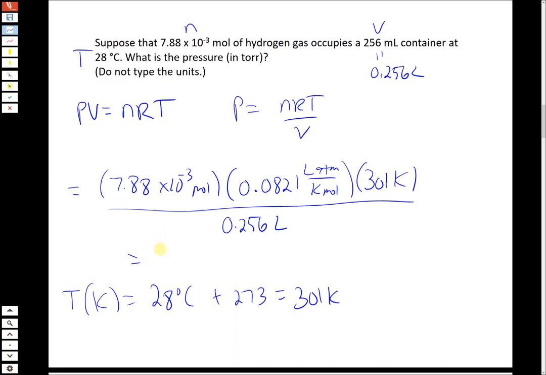So what I got for this was 0.761, but again, paying close attention to units, that's atmospheres. And this wants it in torr, so we're going to multiply that by 760 torr per atmosphere. So that's the most common pressure conversion unit we have to do. So when we multiply that number by 760, we'll get 578 torr